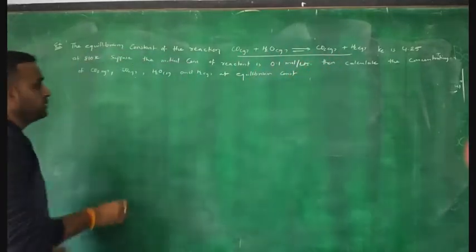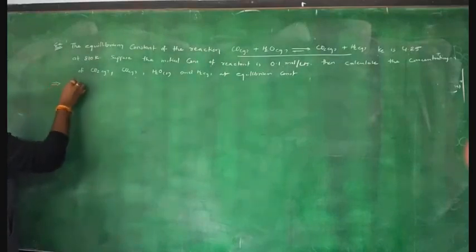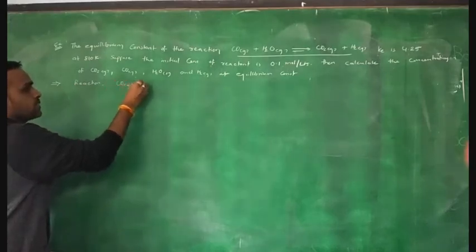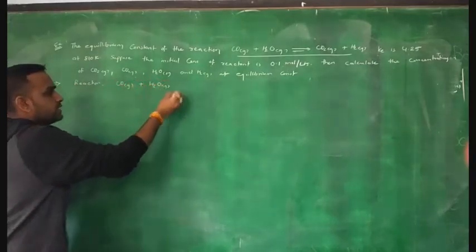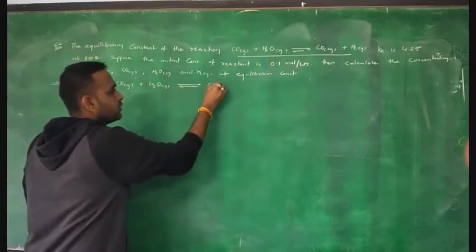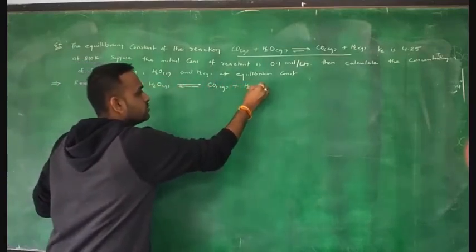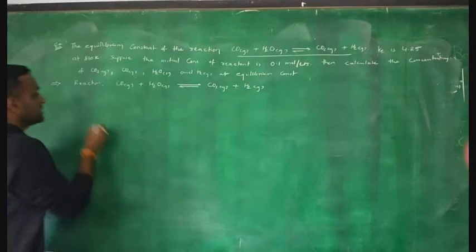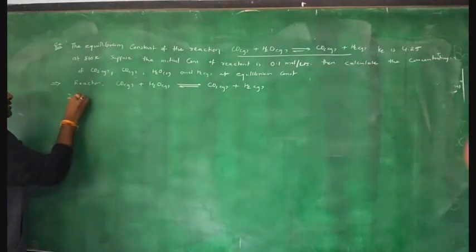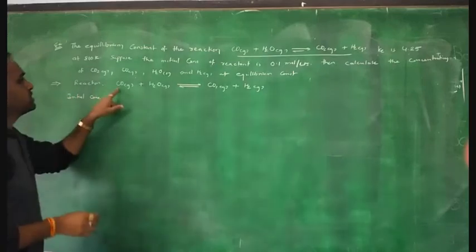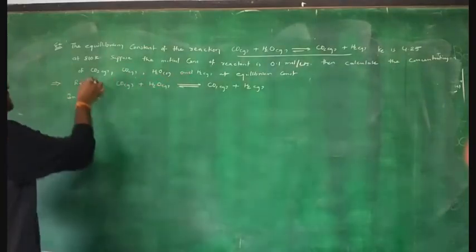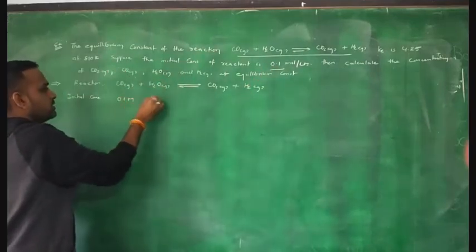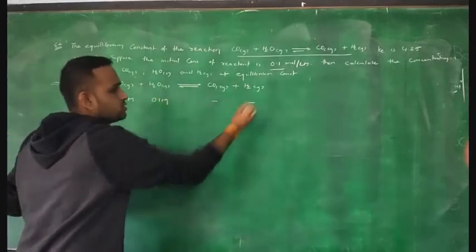Let us see. पहले तो मैं रिएक्शन लिखता हूँ. चलो सॉल्यूशन यहाँ पे रिएक्शन, कौन सी रिएक्शन? CO gas plus H2O gas, it will give CO2 gas plus H2 gas. Understand? तो इनिशियल कॉन्सेंट्रेशन क्या है? यहाँ पे मैं लिख रहा हूँ इनिशियल कॉन्सेंट्रेशन. चलो इसका कॉन्सेंट्रेशन कितना दिया हुआ है? तो इनिशियली इट विल बी गिवन 0.1. अगर ये 0.1 मोलर, here also 0.1, at that time there is no product will be obtained,